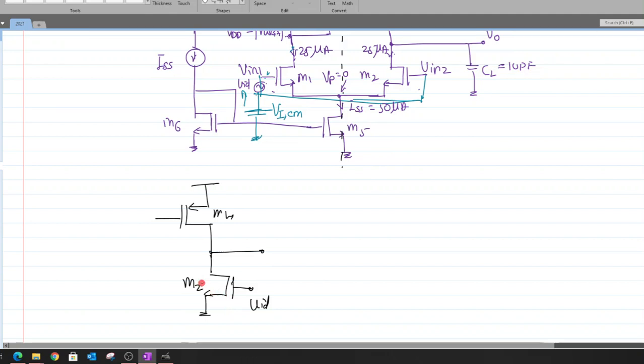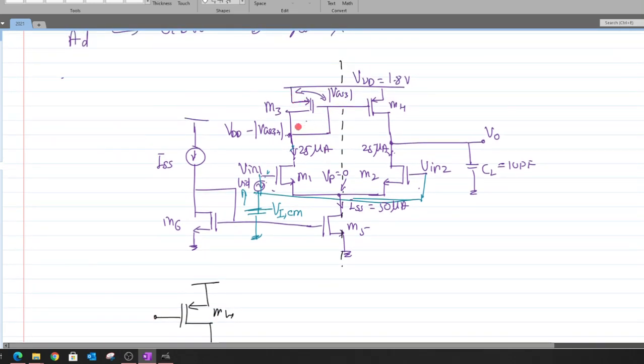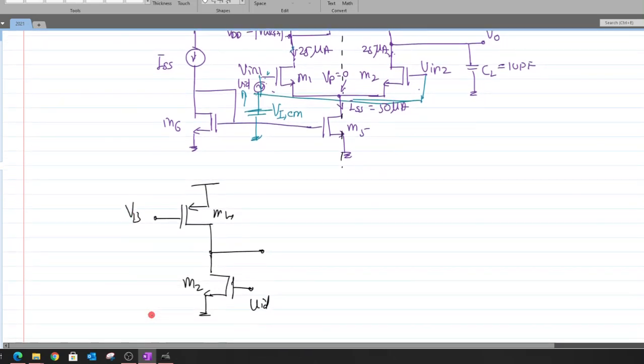That's the reason why we use this half circuit concept to calculate the transfer function. Again, this gate voltage is connected to a VB derived from the diode connected structure, so there is a DC potential over here. Also there is a capacitive component that sits here, which I write as CL. This is the structure that I have. Now let us draw the small signal model of this, and from the small signal model we'll derive the transfer function of it.